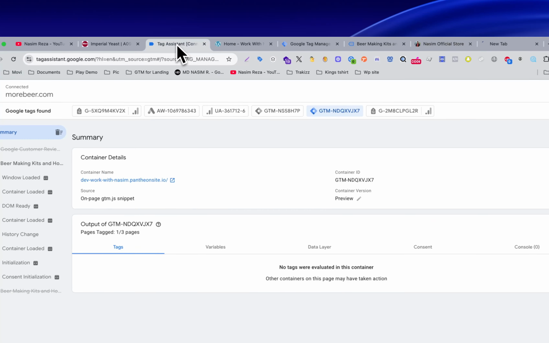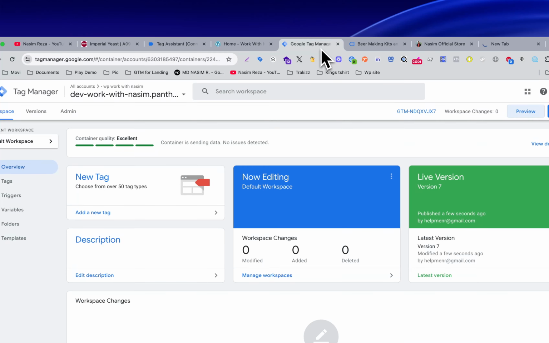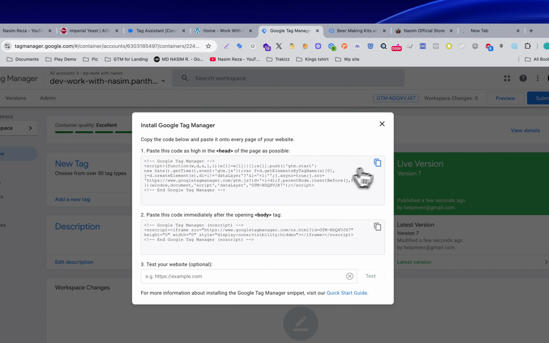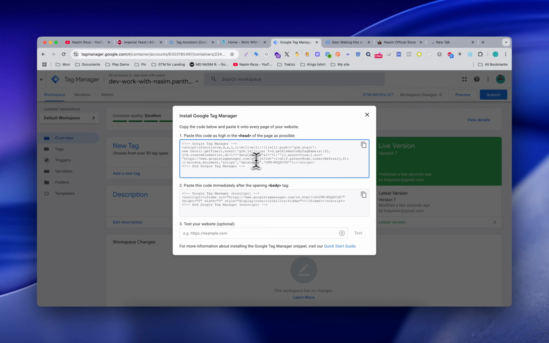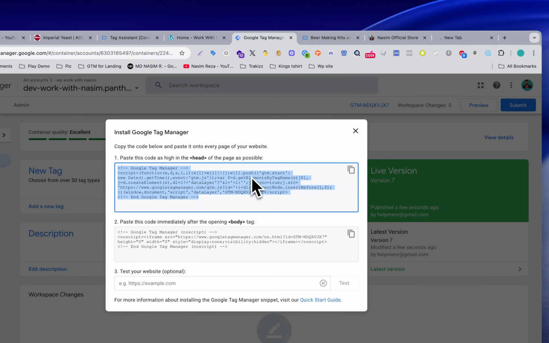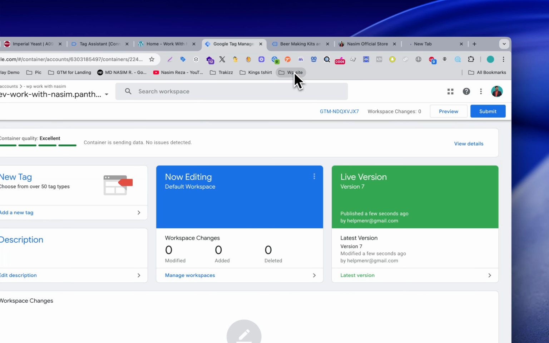Let's get back to this topic, how you can install. First of all, you need to open a Google Tag Manager account and connect the Google Tag Manager code inside your website backend. Whatever website you are using, you just have to connect Google Tag Manager with your website, and then you need to open